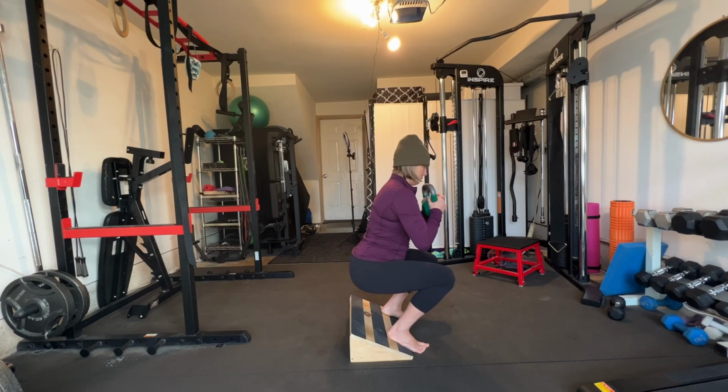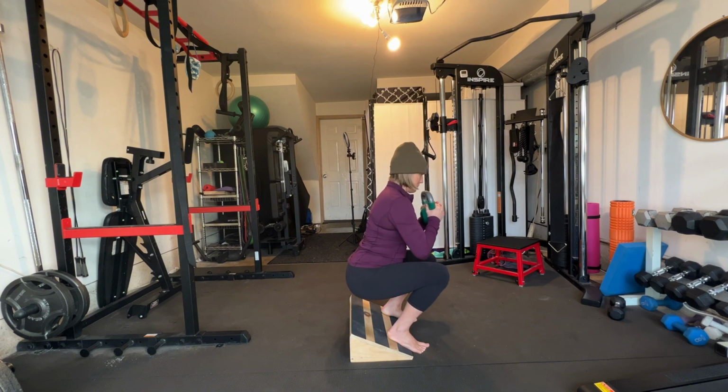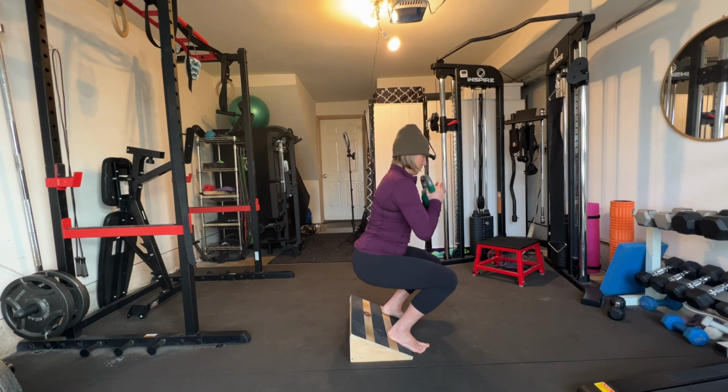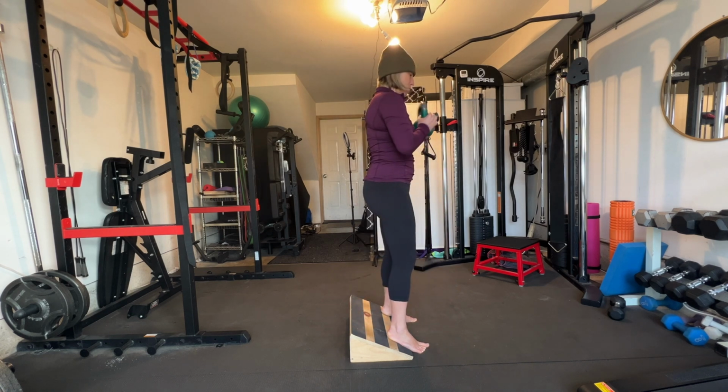And this is really going to set you up for a deep squat, right? Because we're doing it on either side. And so we're strengthening each side individually so we can bring it all together into the squat. And then when you're comfortable with that, then you can start doing your squats on top of a slant board like I have here. And you can start small with something to hang on to, and then slowly, gradually, just do the body weight squat, keeping the chest up, bring the knees over the toes. And then eventually you can add weight to that. You can counterbalance it with bringing the weight out, and then eventually bring the weight all the way into the